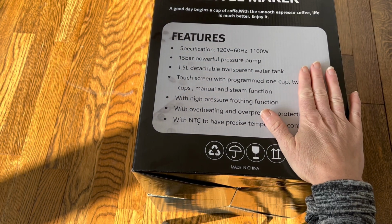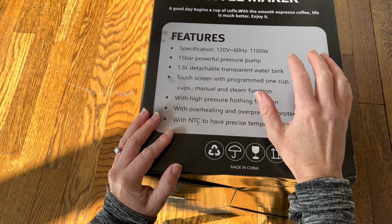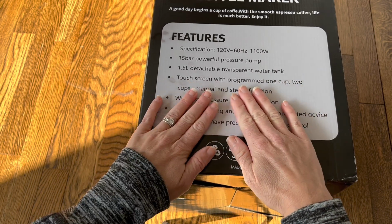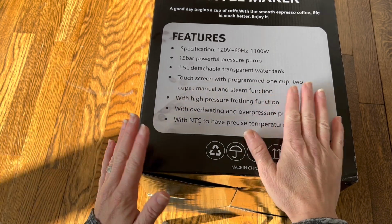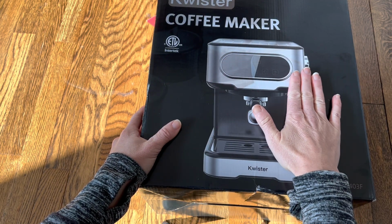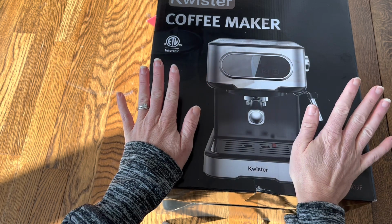So this coffee maker has 15 bars of pressure. That's really important for making a really smooth, thick shot of espresso. And it also has this touch screen, which is really nice because it doesn't have any buttons. It doesn't have anything that's going to be hard to clean. It has this wipeable touch screen that's completely waterproof, dust proof,